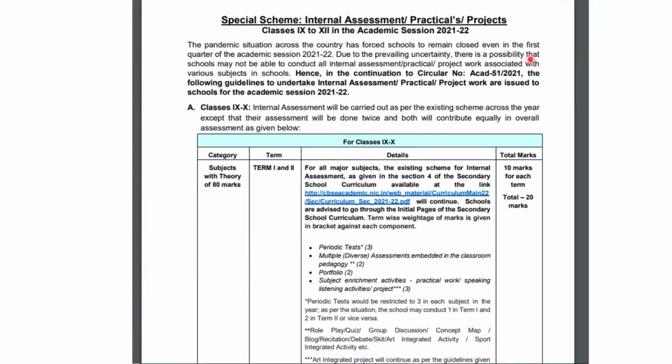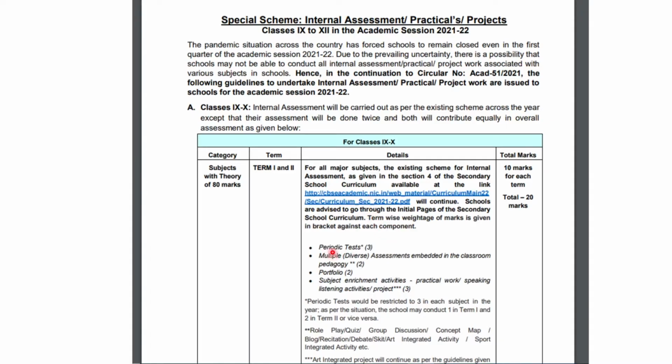So this was the CBSE circular which said, under the special scheme, internal assessment of practicals and projects for classes 9 to 12 in the academic session 21-22. It has the curriculum link also, where you can see the details of every subject, every other project and enrichment activities.